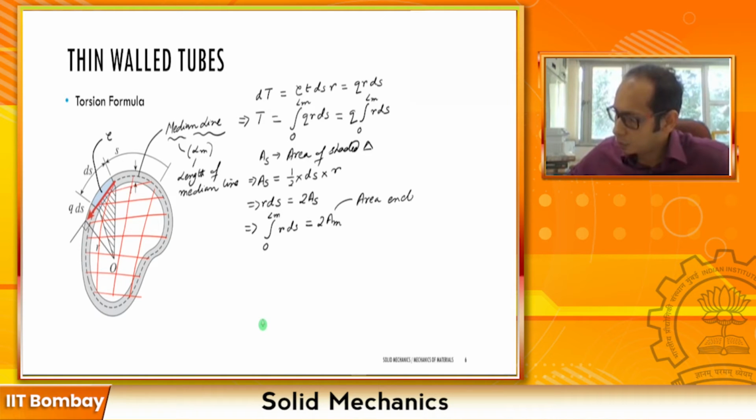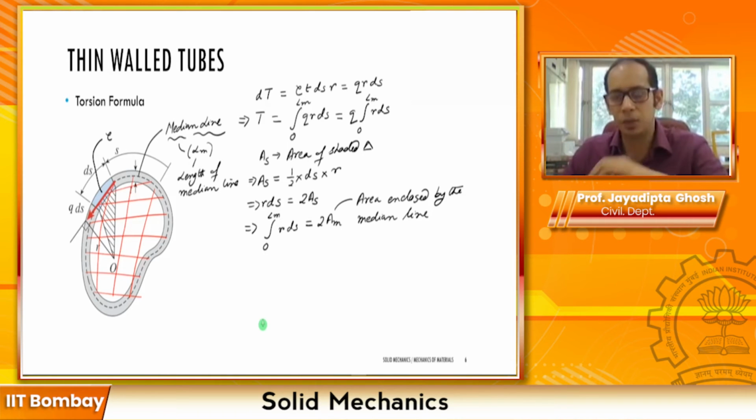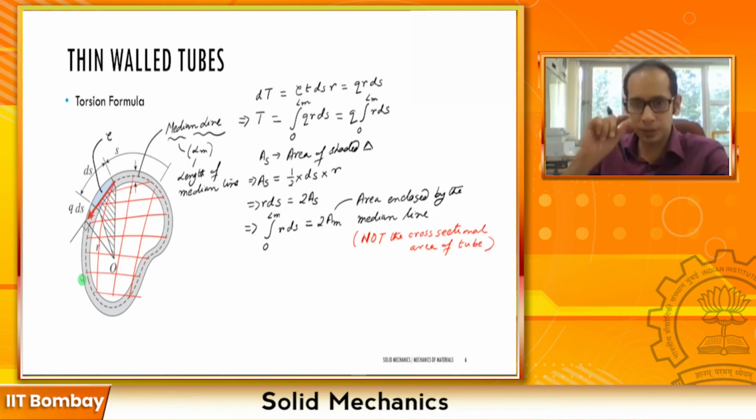where Am is the area enclosed by the median line. Now, it is a very common mistake, and I want you to make a note of it. This area is not the cross-sectional area of this thin wall that you have. It is just the area enclosed by the median line. So let's make a big bold note of that. This is not the cross-sectional area of the tube. Remember, it's a thin solid tube, so it's not the cross-sectional area of the tube itself, but the area which the median line encloses,